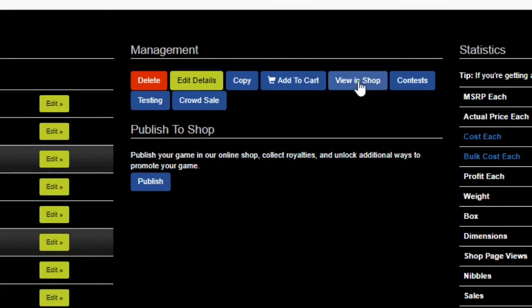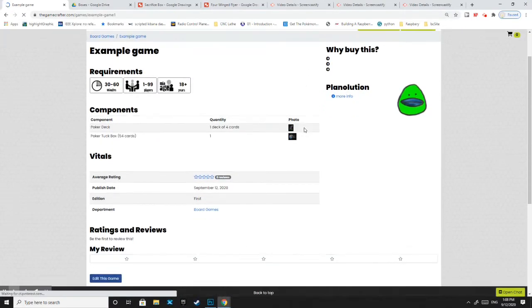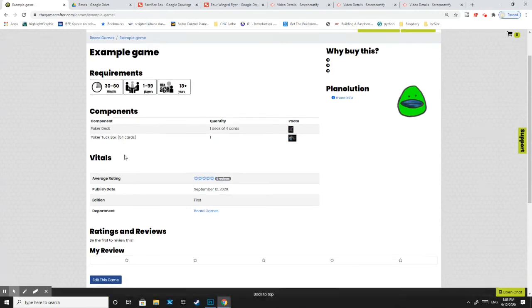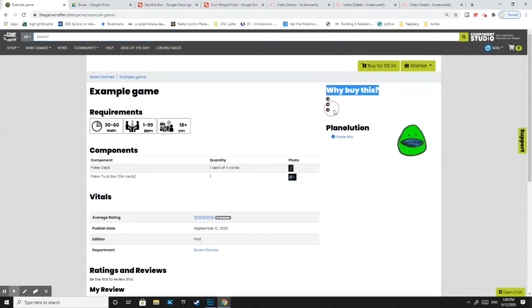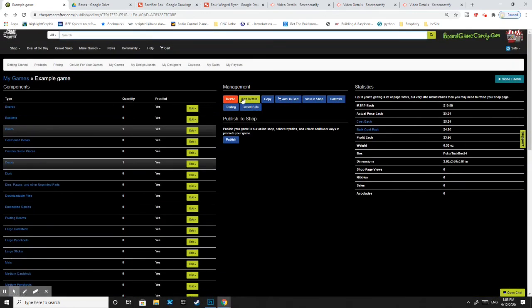To view your store page, you click view and shop. And at first, if you don't add anything, it looks really plain. But at the top, it should have your images that you put in. And here you can put in some sort of description also. And then reviews will go at the bottom. And 3 reasons why people should buy your game. And you can do all of that here if you click on